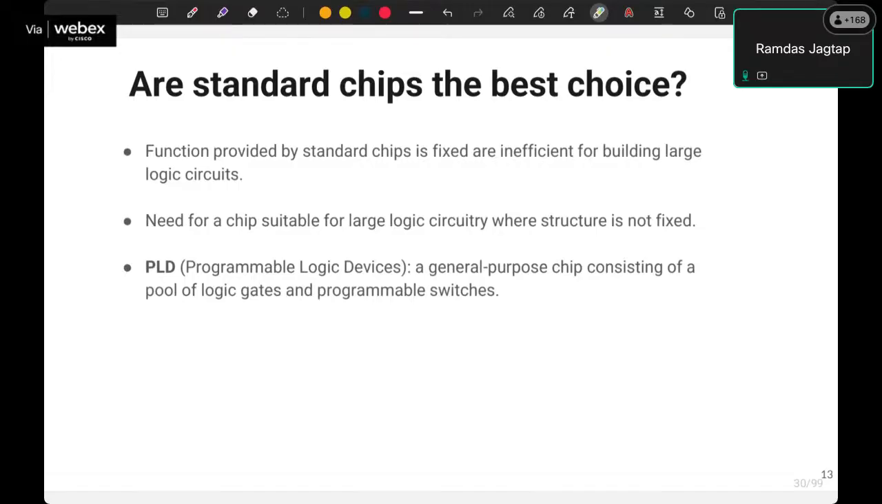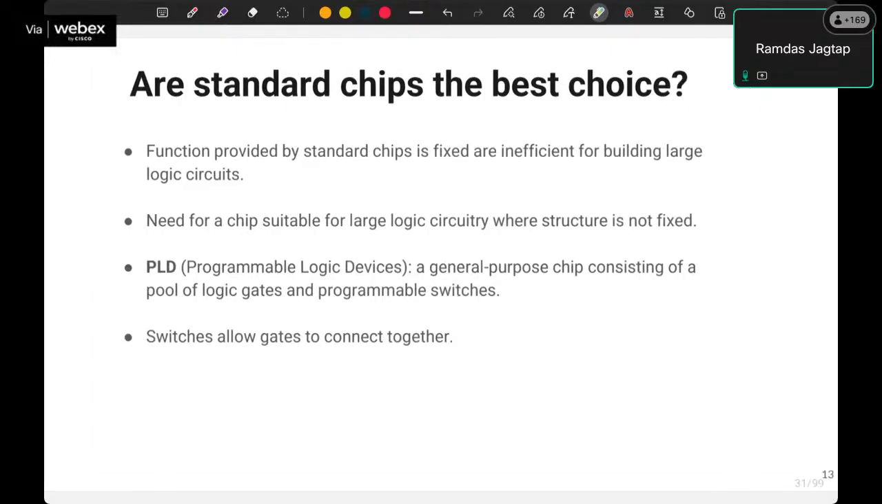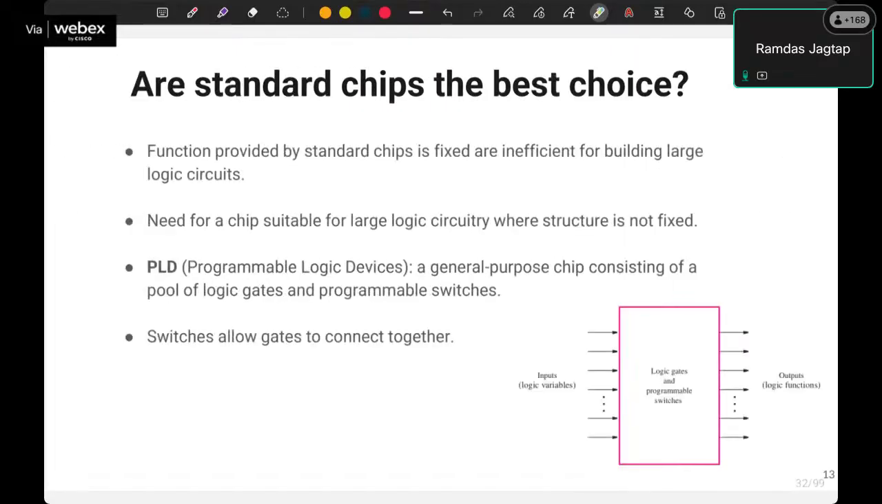PLD stands for programmable logic device. It is a general purpose chip consisting of a number of logic gates and programmable switches. So what are programmable switches? A programmable switch is any switch which connects two different modules. We will see how the PLD works. We have switches which allow us to connect different modules via the interconnects. You can see the diagram in the right corner. It has some inputs